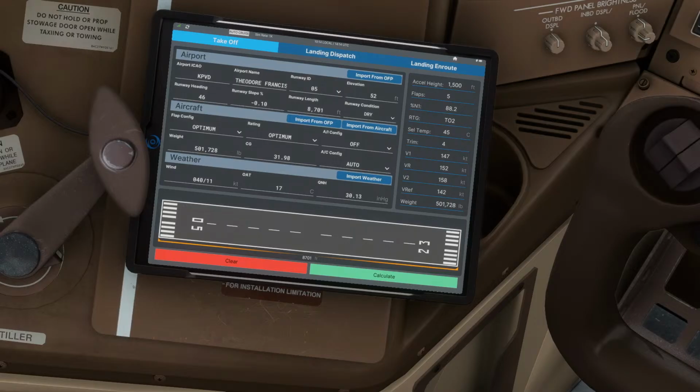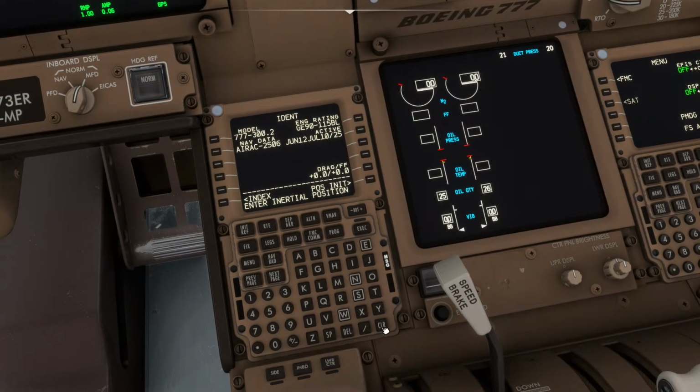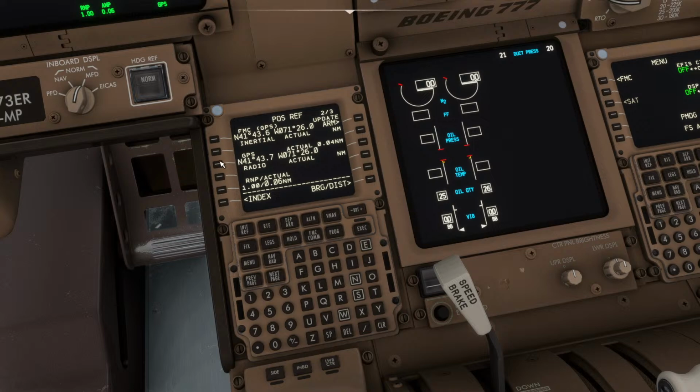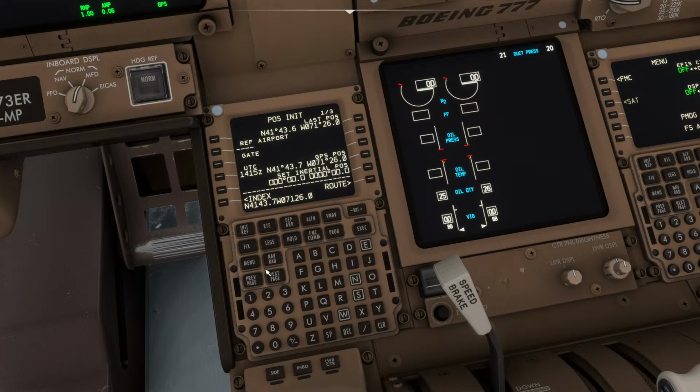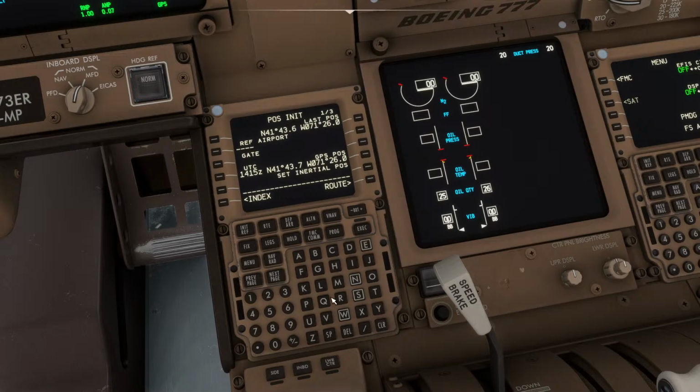Okay, so then we can press Shift and 3 and we can come over to the flight management computer. And we're going to go and initialize position, so we'll clear out the message, go to position initialization, go to next page, pick up the GPS, go previous page, drop that into set inertial position, and then this is giving a reference point to the inertial navigation system, or INS. Let me put in reference airport, so we are at KPVD, so KPVD, Kilo Papa Victor Delta,